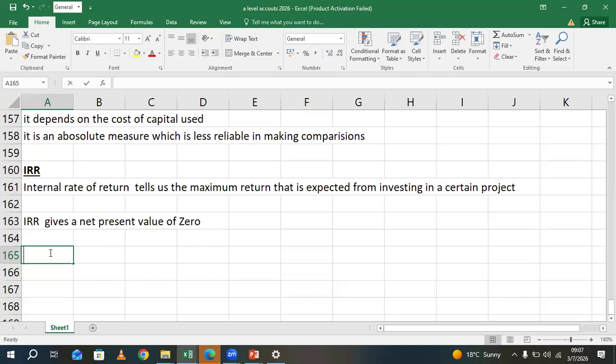So on the decision rule, if the internal rate of return,